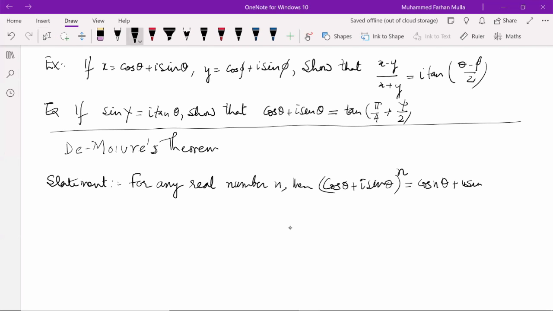This you already know. Okay. So whenever we have cos theta plus i sin theta, a complex number in this particular form, the power of this, which is n, gets multiplied with the angle theta. So it is cos n theta plus i sin n theta, where your n can be